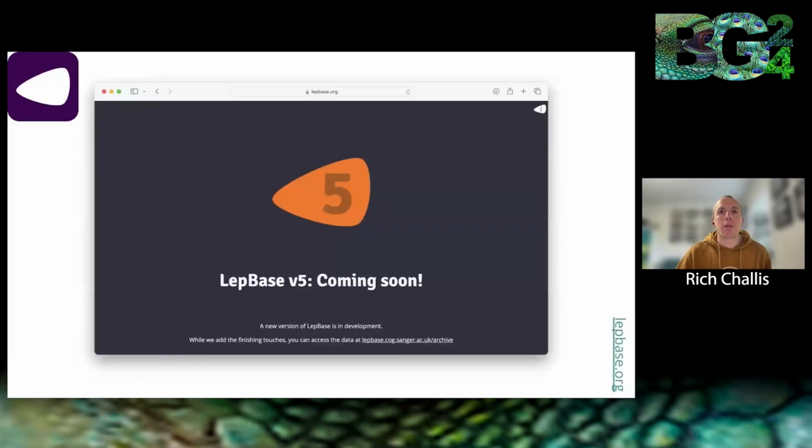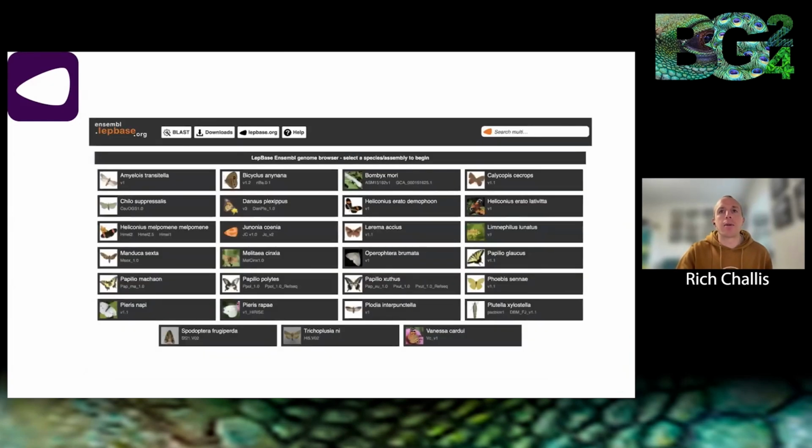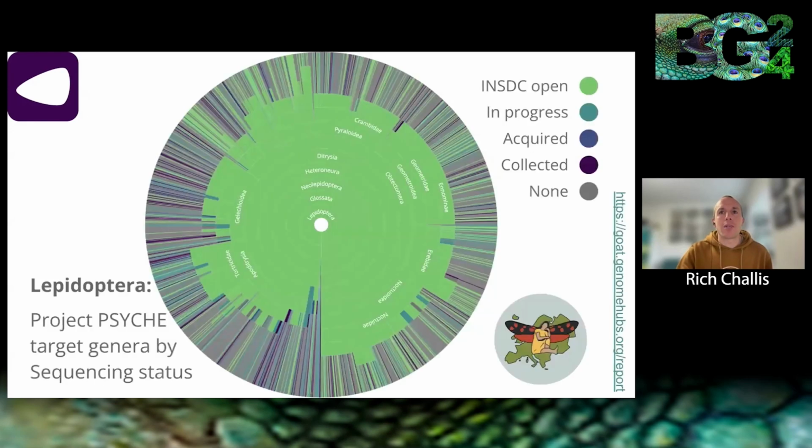So we're looking to rebuild LepBase along similar lines and already have a request for IsopodDB and possibly others to follow. LepBase was running on similar code to the old MolluscDB, but it had to be retired as the server had some technical issues. At the last count, it had annotated assemblies for 27 species, which is a long way short of the current status, let alone the